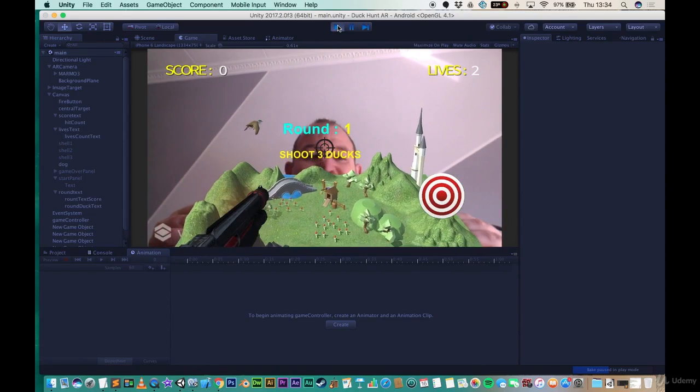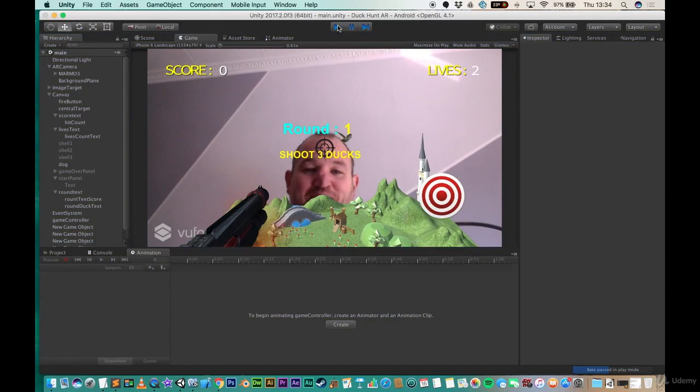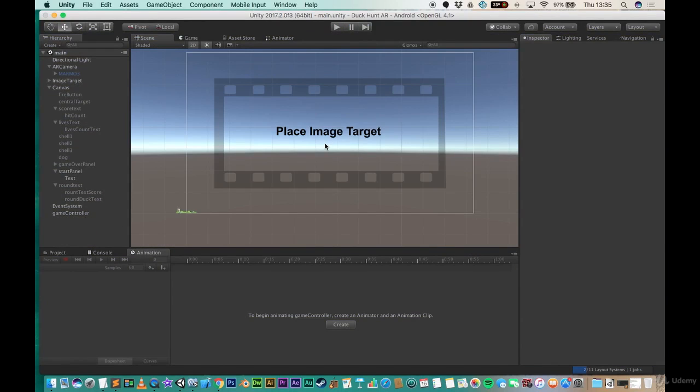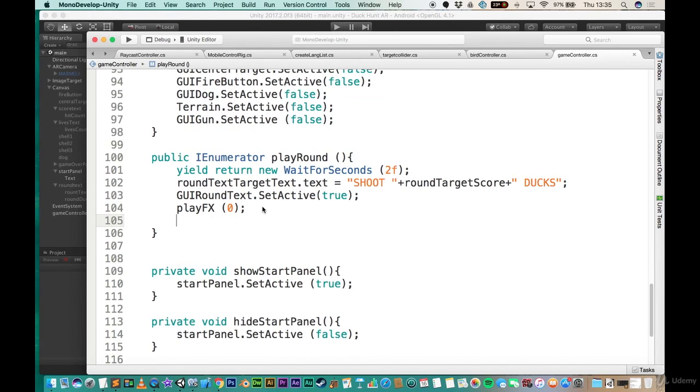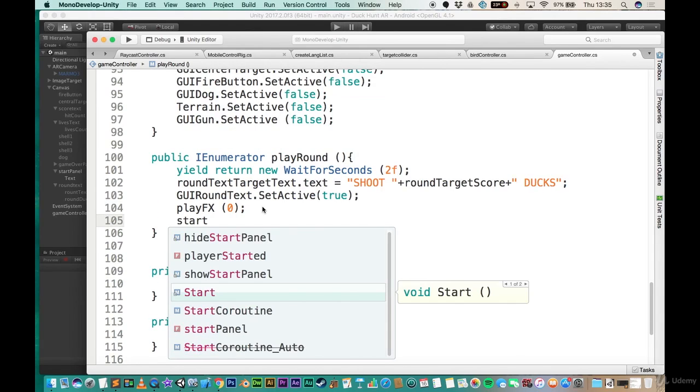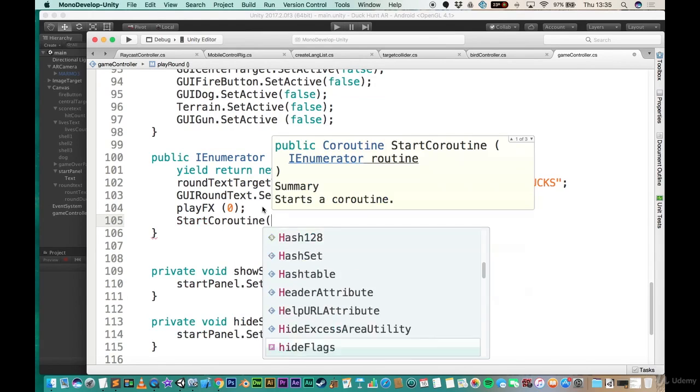Now we're getting places. Okay, well, we don't want the text to stay there, so why don't we wait a few seconds and then remove it? And the best way to do that is with another coroutine. So let's jump back into the game controller. And here we're going to call another coroutine that will simply hide the round text again,